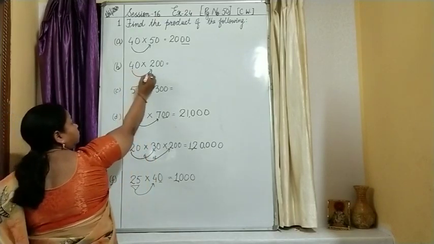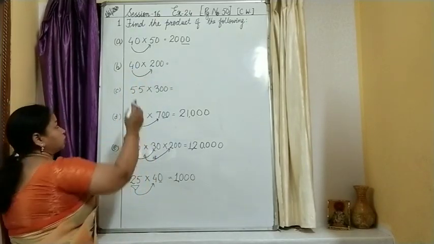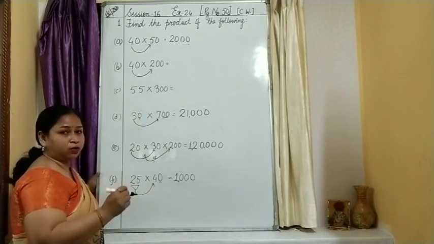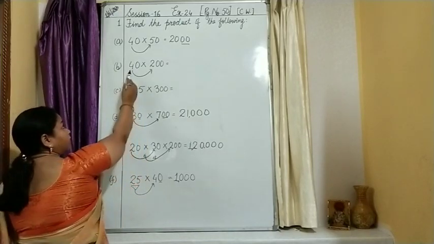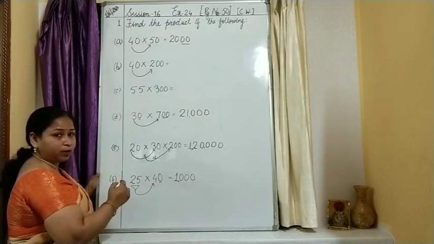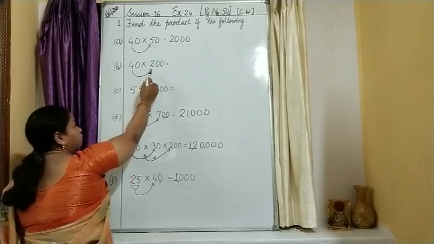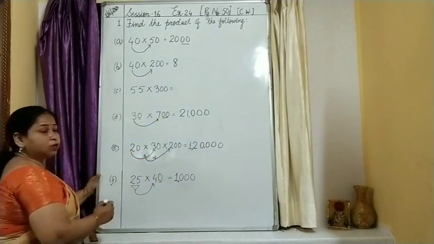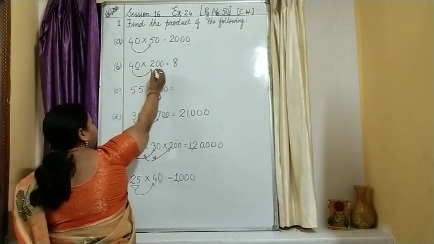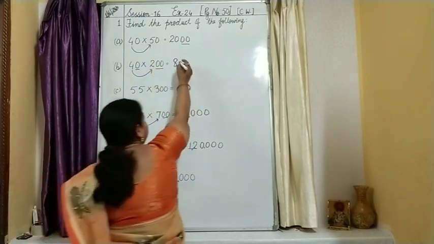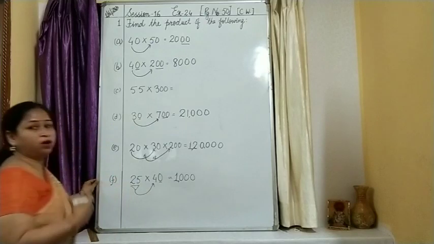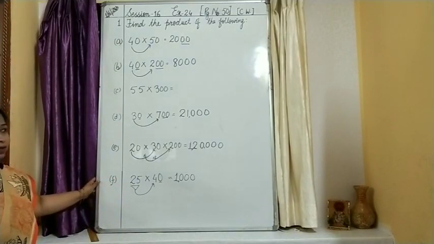What is 4 2s are? Just see how to do this question. You need to take down the note of the number only first. Here you have 4, here you have 2. It's very simple. 4 2s are 8. So I will place 8 over there. How many zeros in total? 1 here and 2 here. Simply count it and write down. What is the answer you have got? 8000. Isn't it very easy?